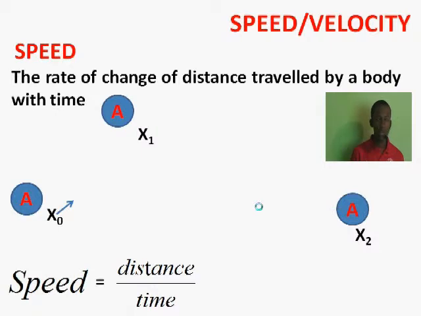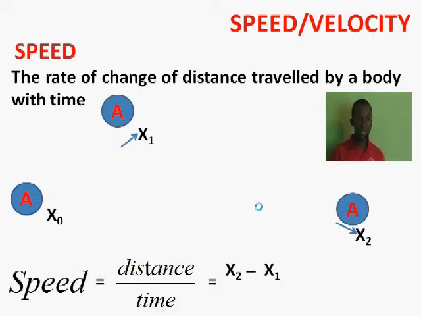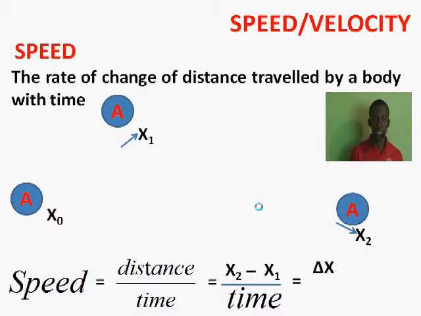Now recall that when the body set into motion, it started from s0 and moved directly to s1. In the second aspect of its motion, it continued its motion from s1 down through its final position s2. If we wish to get the speed of the second aspect of the motion, it becomes a change in the distance, which is now that final distance s2 minus s1, which is regarded as its initial distance in the second phase of the motion, over the time taken for that change. And we'll have it as delta s all over delta t.